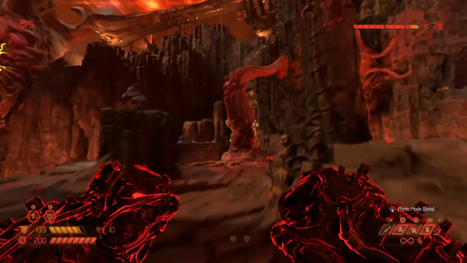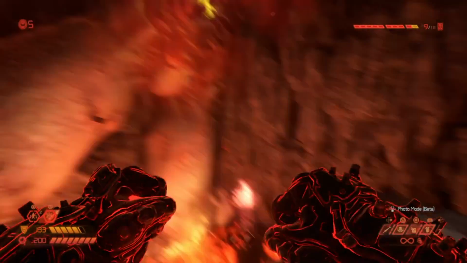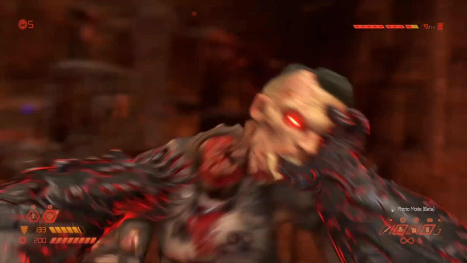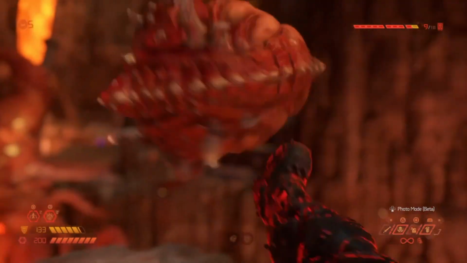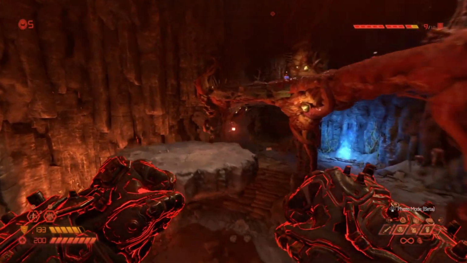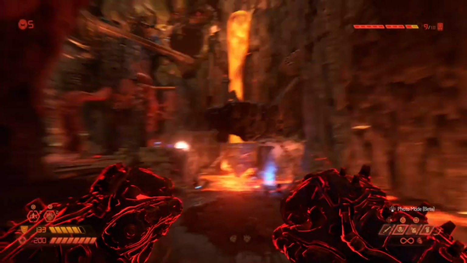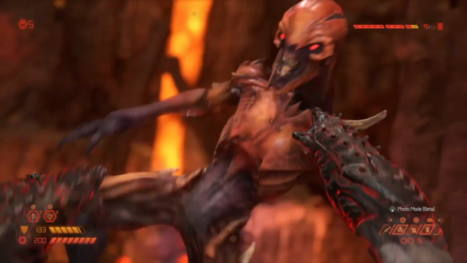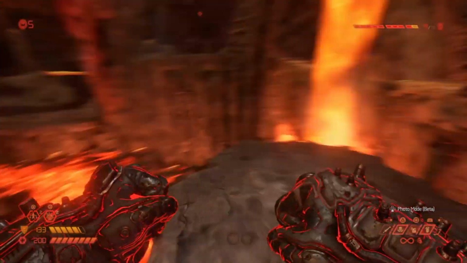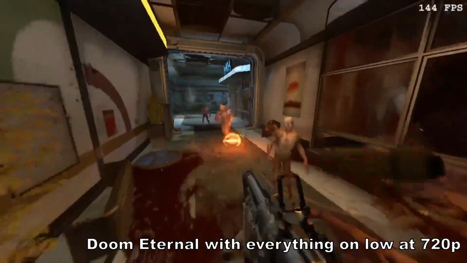Now, some of you may have noticed that next-gen titles can have FPS that goes up to 120 FPS, meaning most games won't be at 120, but instead 60 FPS. So if you're wondering, will next-gen Doom Eternal run at a stable 120 FPS? I'd imagine that it will, because let's face it, Doom Eternal is so well optimized that even putting everything at low